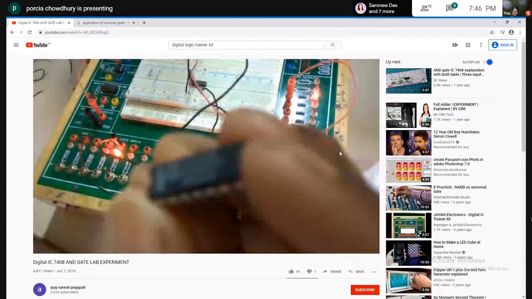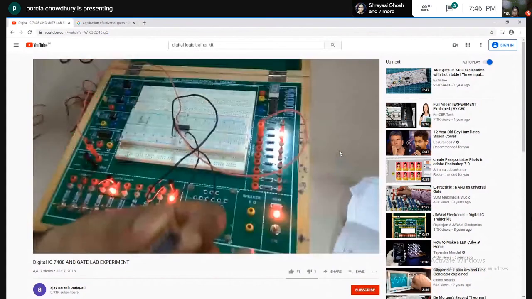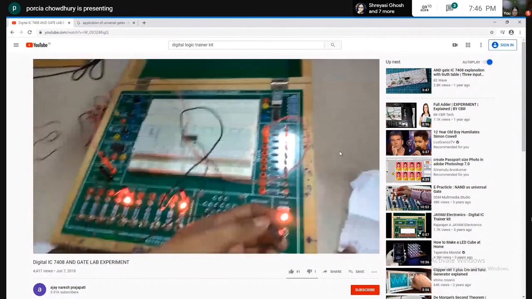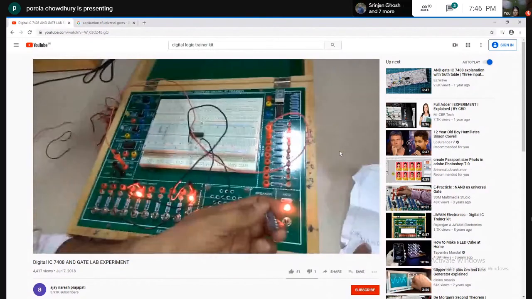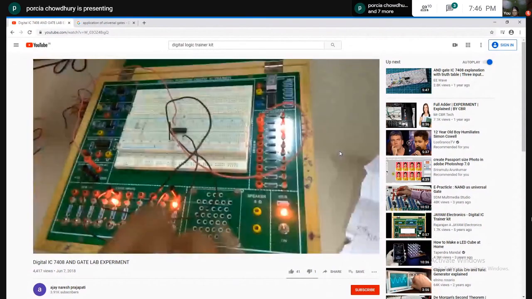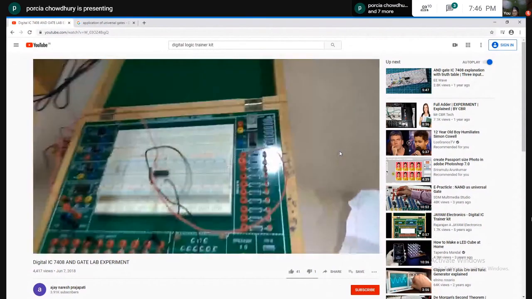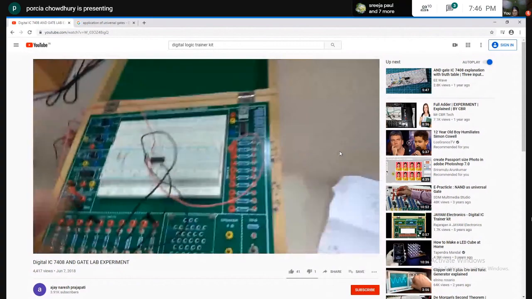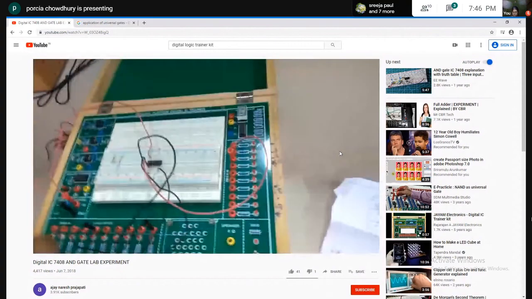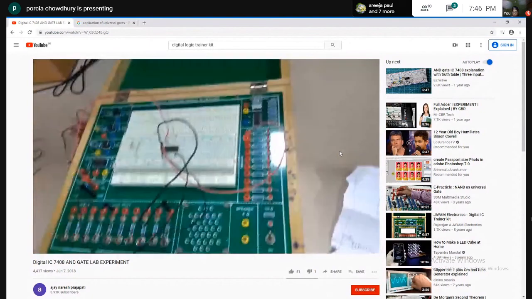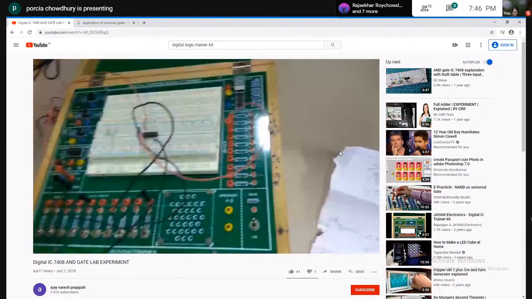As we are using an AND gate, both the input LEDs are on, that means we are observing the value 1 1. The truth table of the AND gate says that if both the inputs are 1 1, then we should receive 1 as output. So that's why we have received 1 as output. Now here both the inputs are 0. So if both the inputs are 0, we always receive the output as 0.